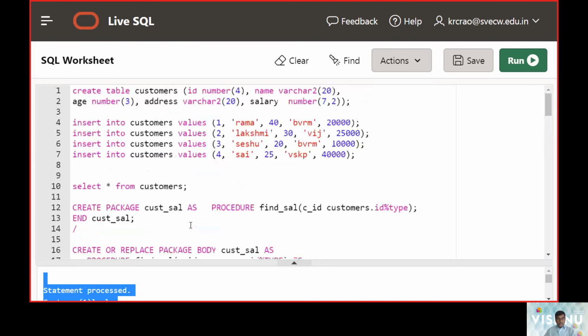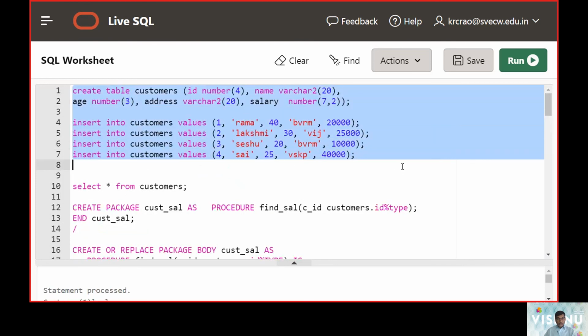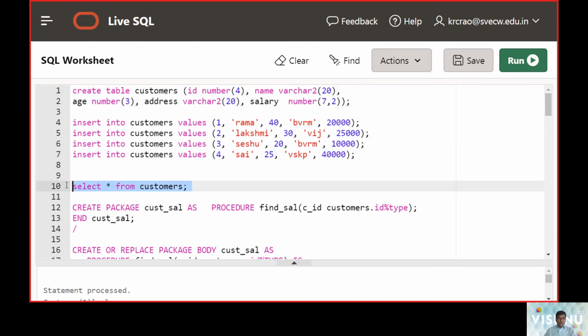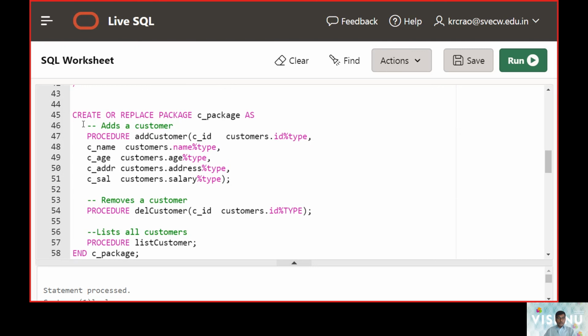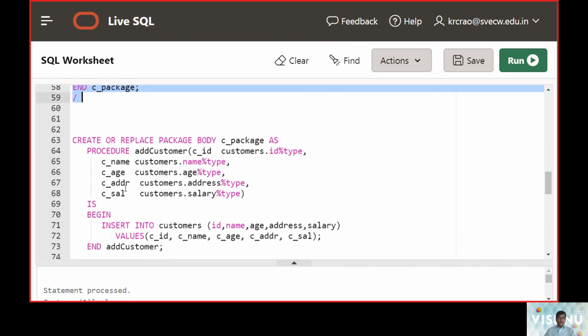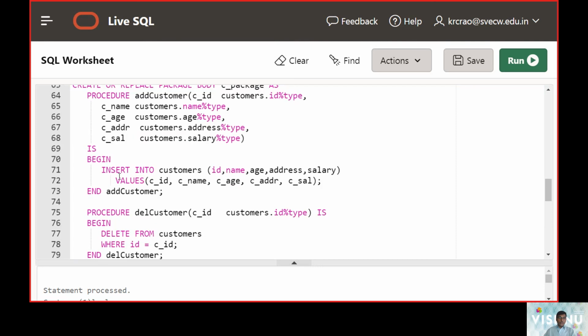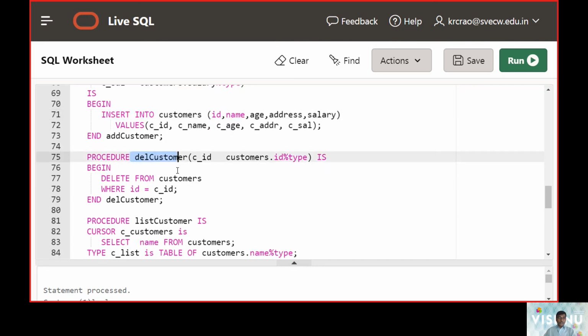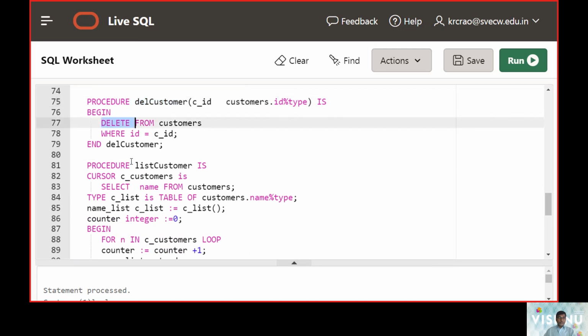To summarize the package, we created a table, made an insert, then checked the table items, then we made a user defined procedure for adding, then removal, then listing out. For adding a customer with a procedure, we used an insert command. For deleting a customer, we used the delete command.